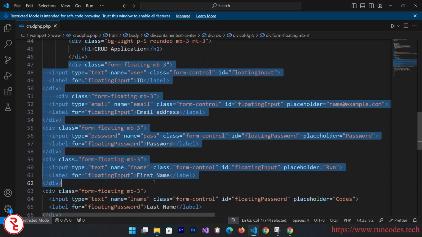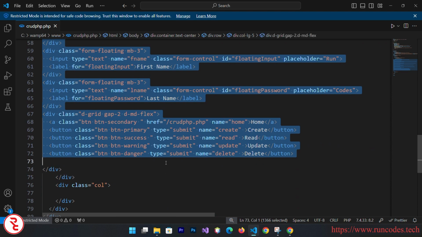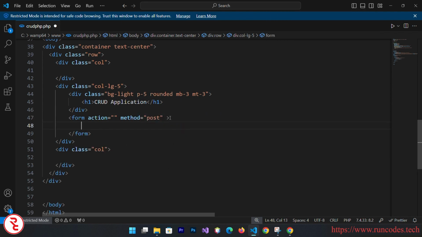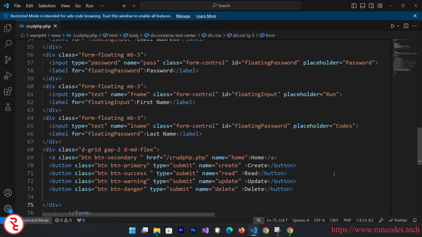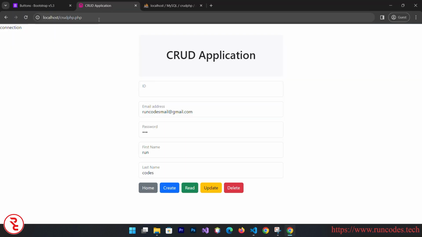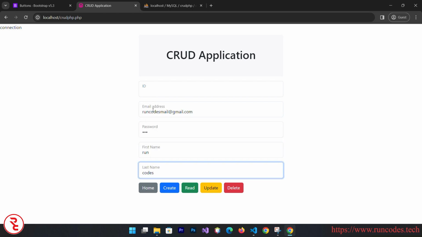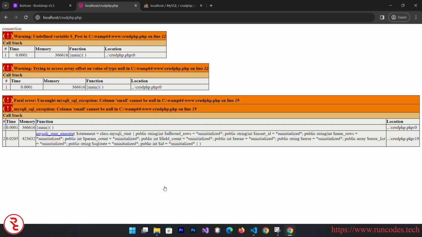So here simply code this, and form. We don't need action. Form, we need method. Method is equal to post, and inside that form paste that, go back, reload it. Now insert some value here, and then click on create. Here we got error because